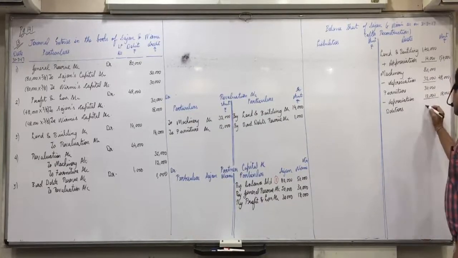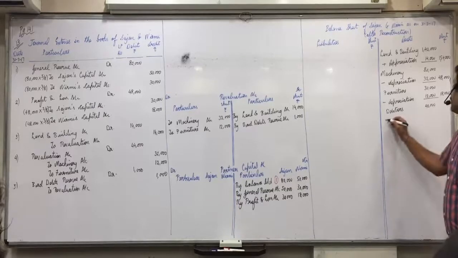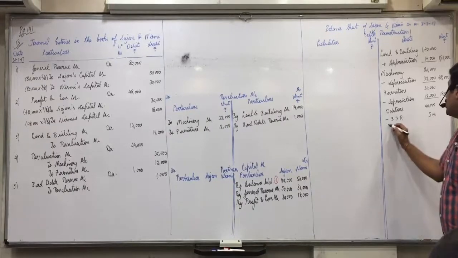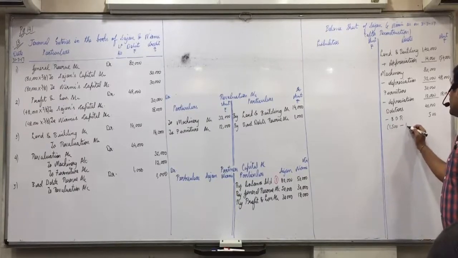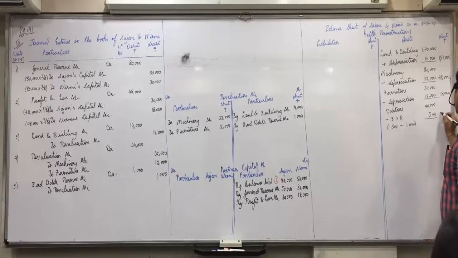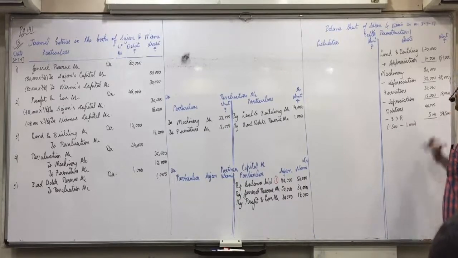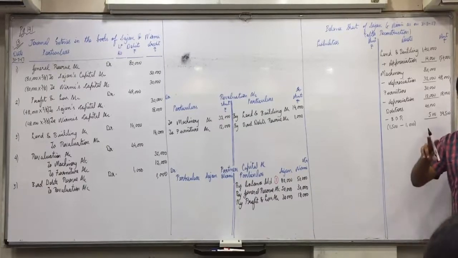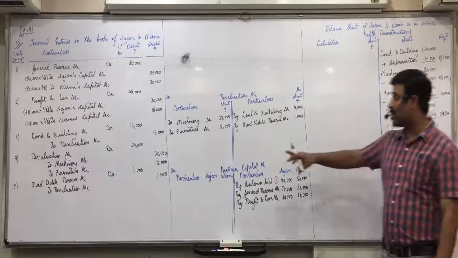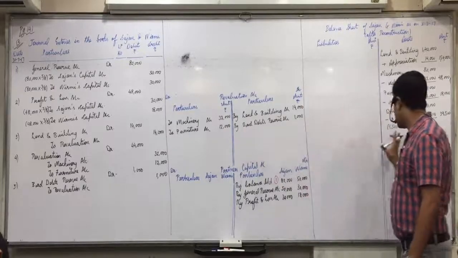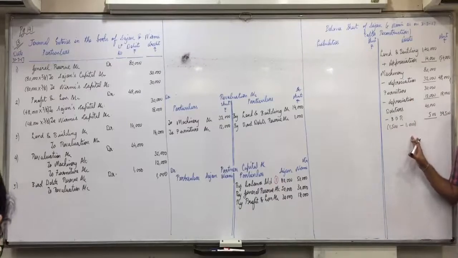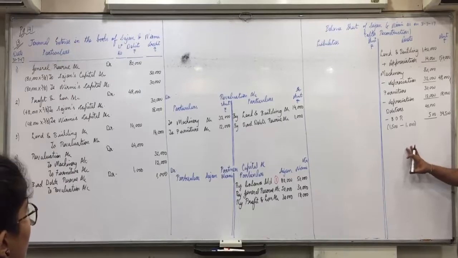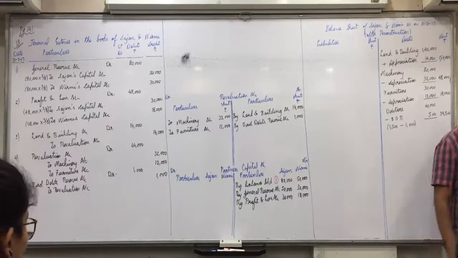Asset side debtors 40,000 minus bad debt reserve 500. In bracket you will show 1500 minus 1000, not required. So outer column 39,500. Are you all clear with this? So two effects of bad debt reserve are revaluation account on credit side and minus from bad debt reserve. Is everyone clear with this? Anyone having any doubt in this? Anyone who wants me to repeat it again? Further.